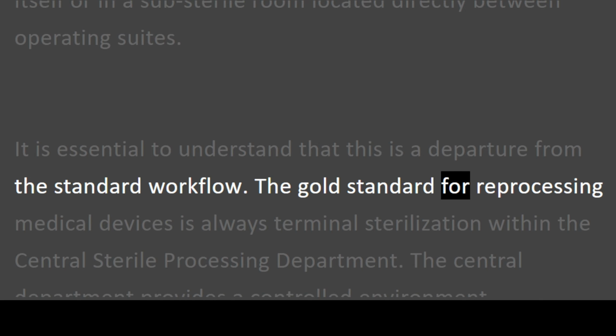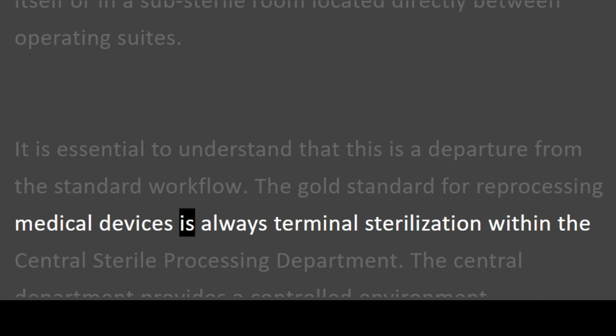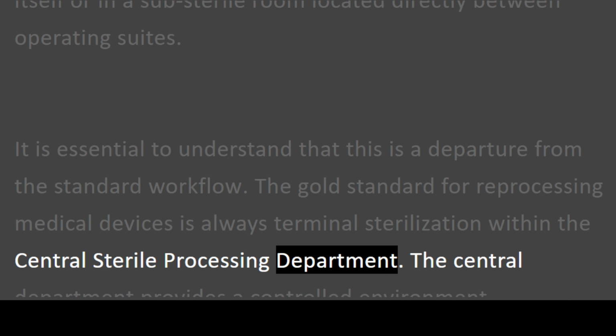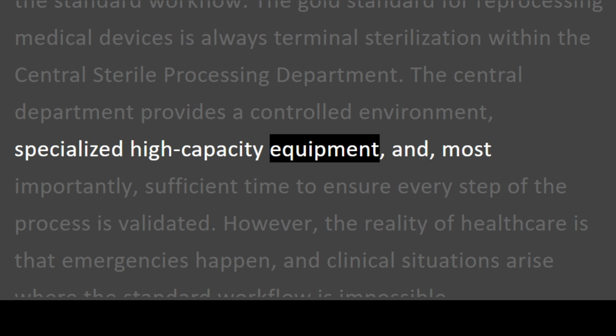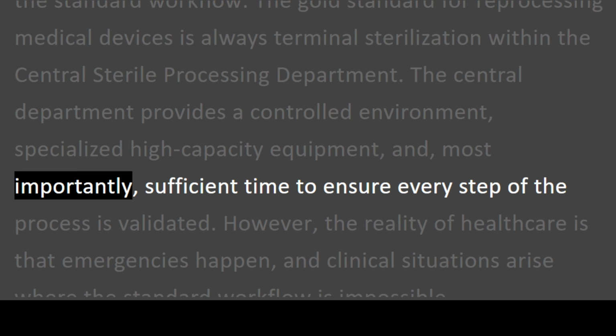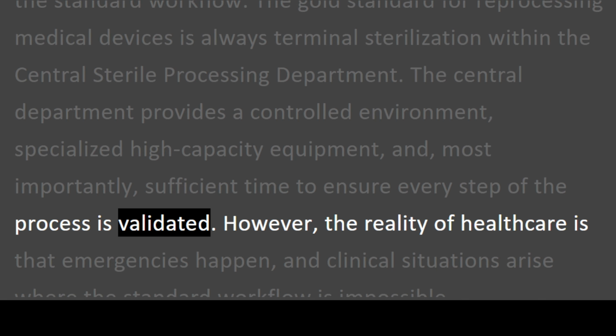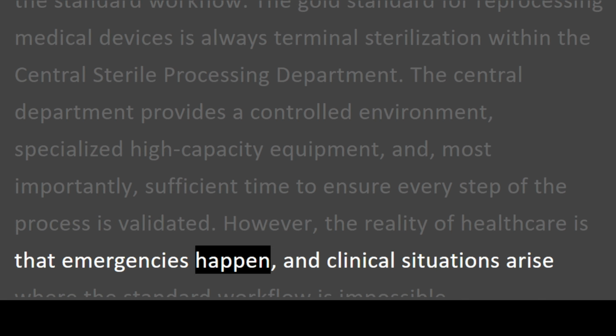The gold standard for reprocessing medical devices is always terminal sterilization within the central sterile processing department. The central department provides a controlled environment, specialized high-capacity equipment, and, most importantly, sufficient time to ensure every step of the process is validated. However, the reality of healthcare is that emergencies happen, and clinical situations arise where the standard